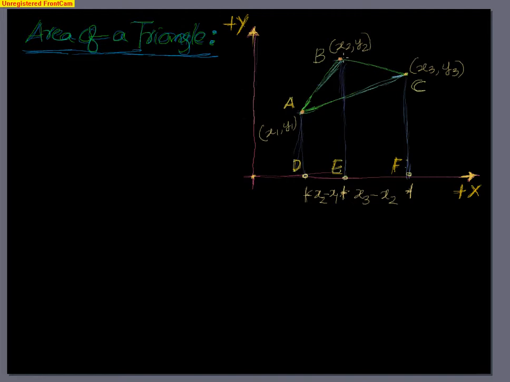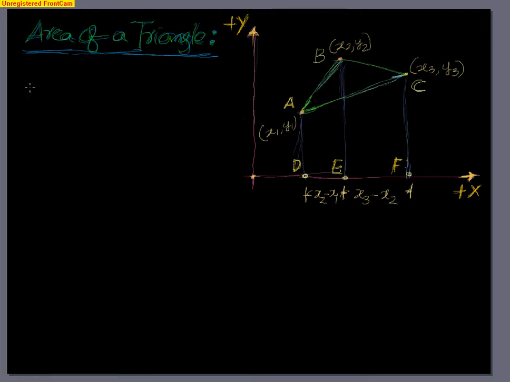Okay, right. This is specifically for when you know the coordinates. What we'll be looking at is the area in terms of only the coordinates x1, y1, x2, y2 and x3, y3. Now let us see, with whatever knowledge we have of quadrilaterals and finding their area, how to find out the area of triangle ABC.